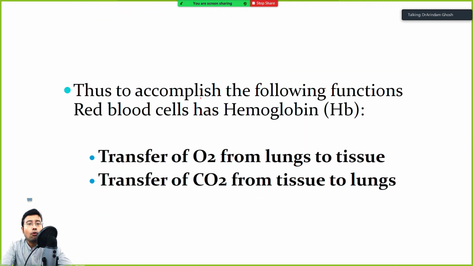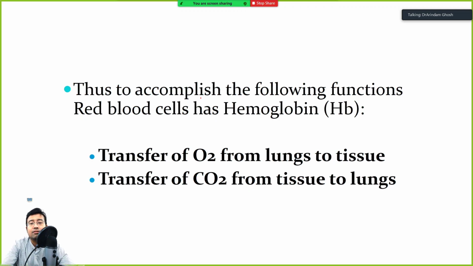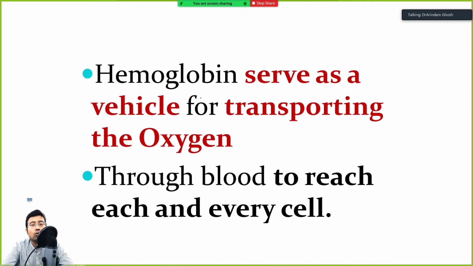Okay, so what is hemoglobin actually doing? It is taking up oxygen from the lung to the tissue, and in reverse fashion, it is taking up carbon dioxide from the tissue and delivering it to the lungs. So this is basically serving as a vehicle of transport so that each and every cell gets oxygen. What is the most important cell that is dependent on oxygen for functioning? That is the brain. This is the organ for which this was created by nature.